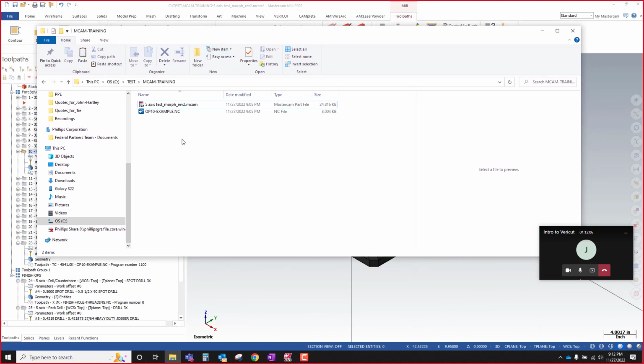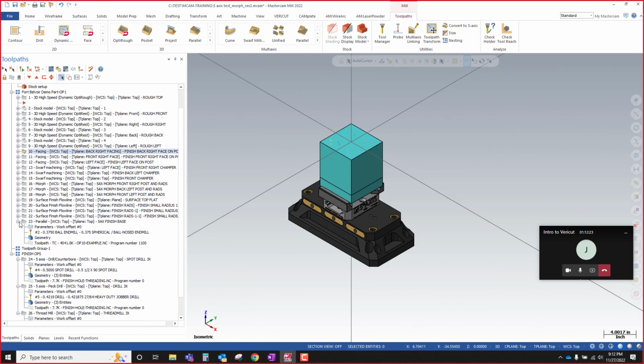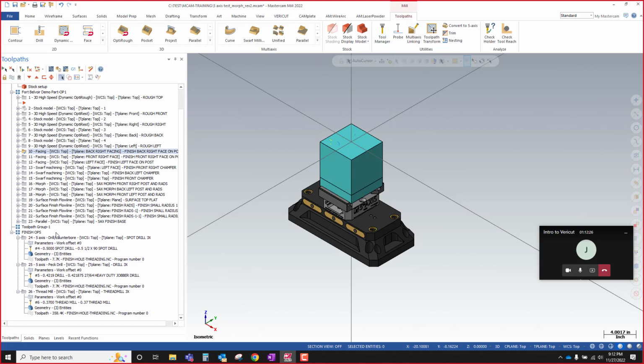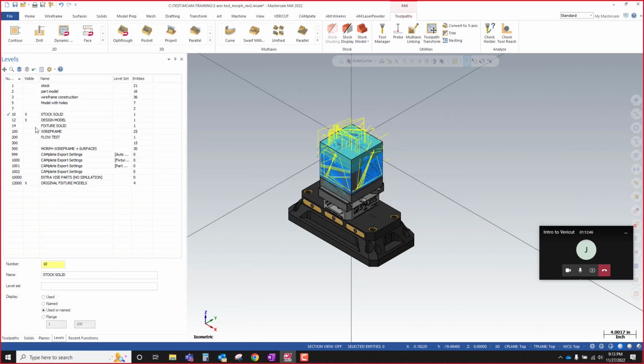So in the old days, before we could just pick models and have it automatically generate the design, the stock, and the fixture for us, we would actually have to save those as STLs and then load them into the interface. We don't really have to do that anymore. So I've got tools that are defined. So they've got their correct stick out and they've got the correct tool definition and the correct holder definition. We've got an NC file, which is the actual G code that we're going to run, which has been post-processed with the actual post processor we want to run. And we've got our